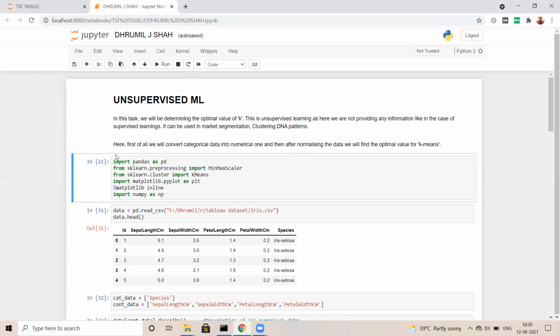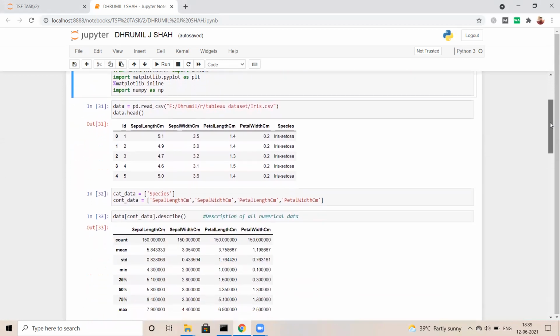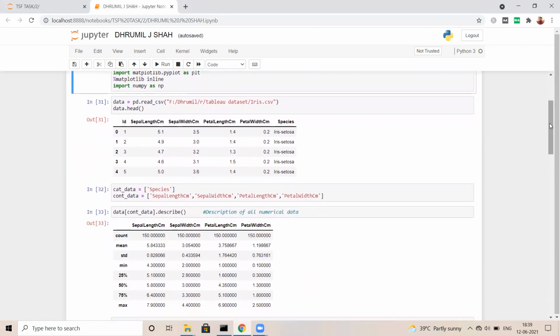We had imported certain libraries for the same, which include pandas, then MinMaxScaler, which will be used for normalizing our scale. Then we had imported KMeans, etc. Also, we had imported matplotlib for the visual representation. Moving further, we will be using the iris data set,